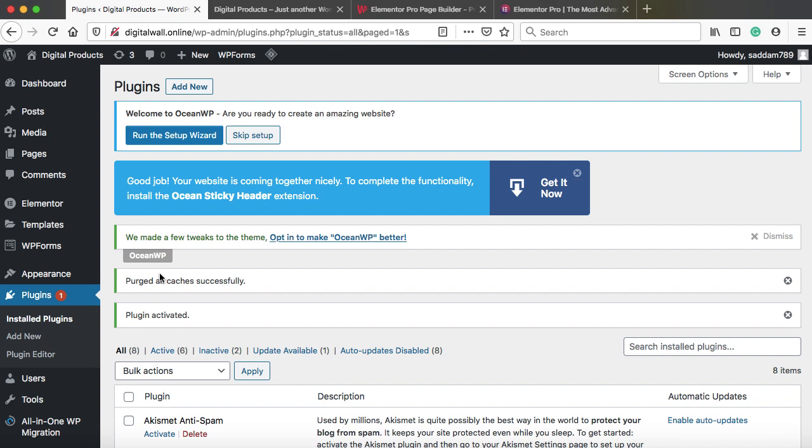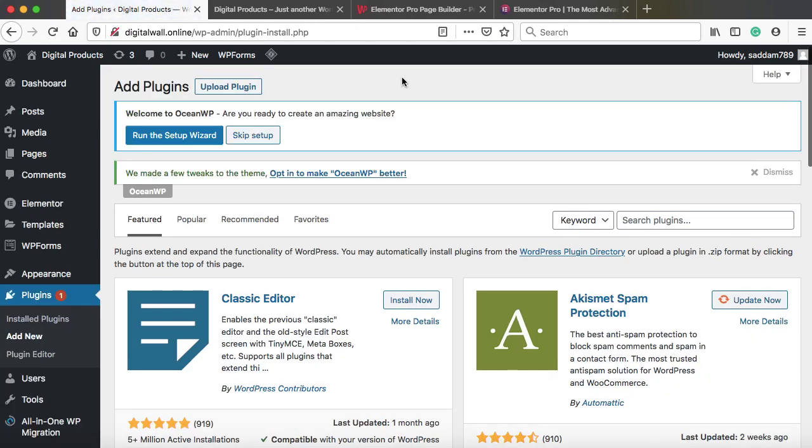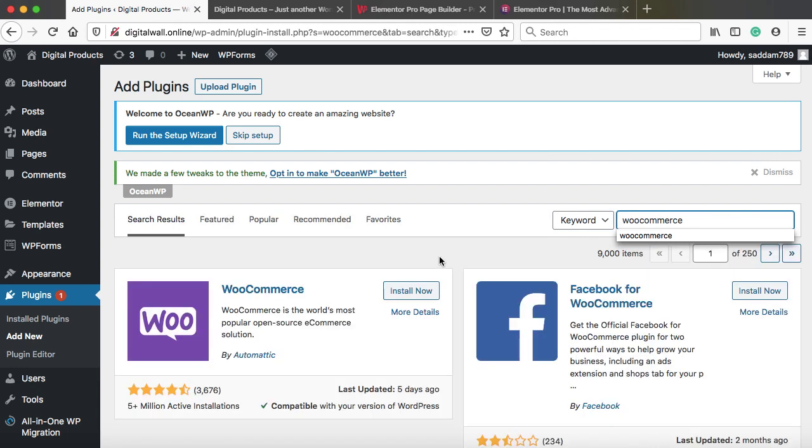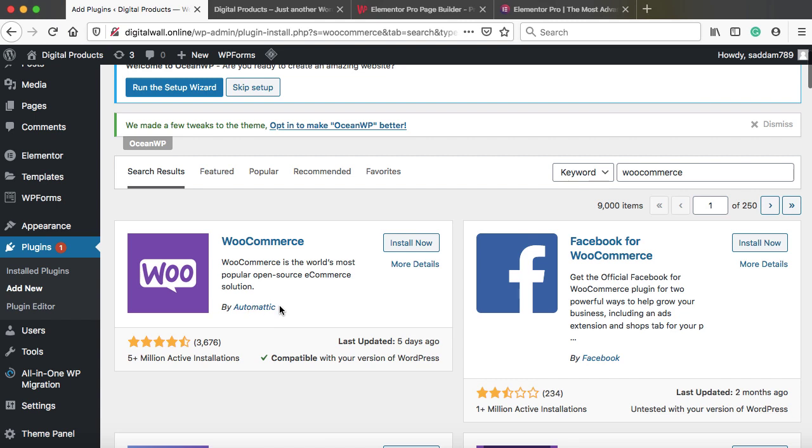Now we need to install another plugin, that is what we call WooCommerce. WooCommerce is a free plugin that helps you integrate a shopping cart feature into your basic WordPress website. So WooCommerce will completely convert this website into a fully featured e-commerce store. In the search plugin box, you need to type WooCommerce, all one word, with no space in between. The first plugin is WooCommerce by Automattic. This is the plugin author, and you can see this plugin also has more than 5 million active installations and more than 3000 positive reviews. So install and activate this plugin.